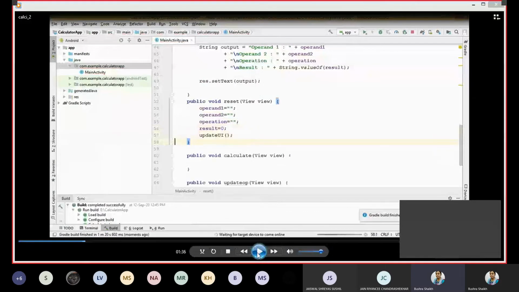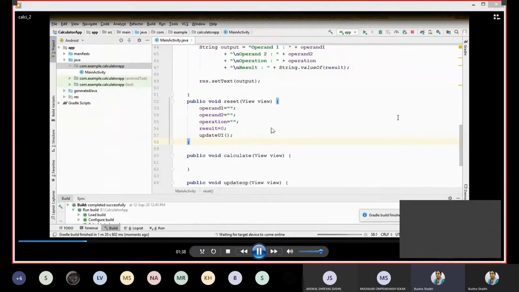Because you have seen when I showed you the execution of the calculator app, when I clicked on the clear button, the reset function would be called, and at the same time the UI has to be updated. So all the new values that have been reset here, like 0 and blank, have to be reflected. That is why we are again calling the update UI method.